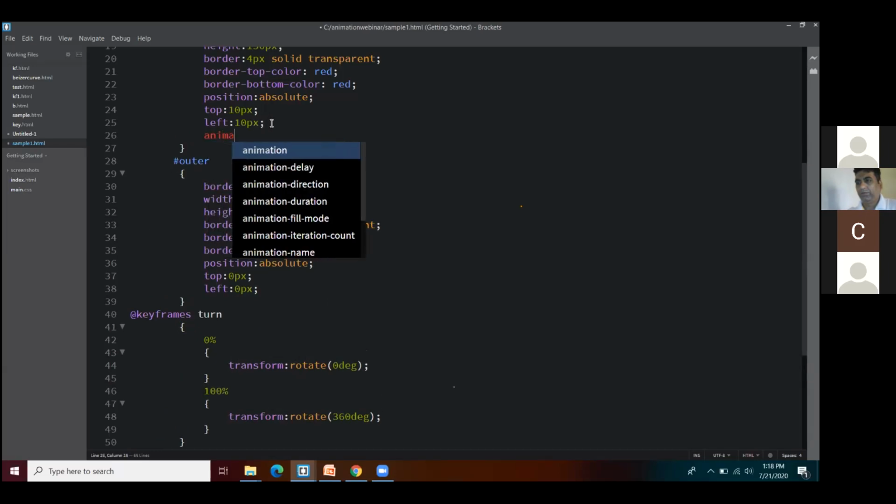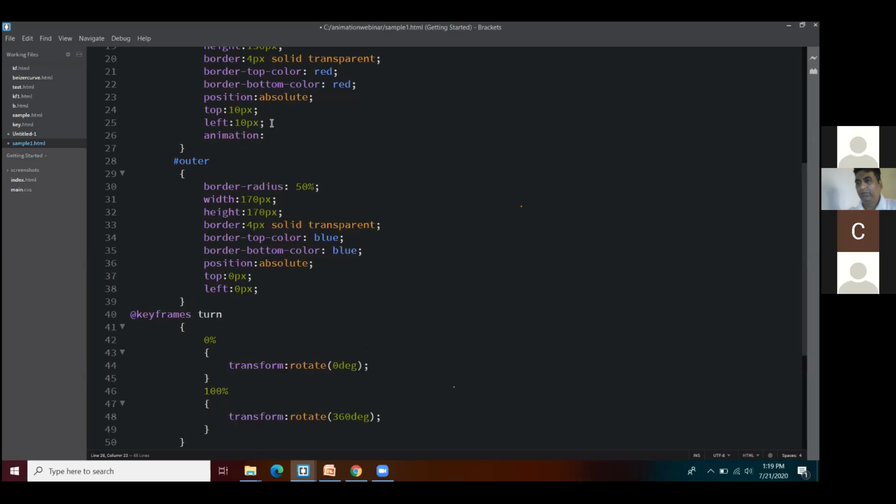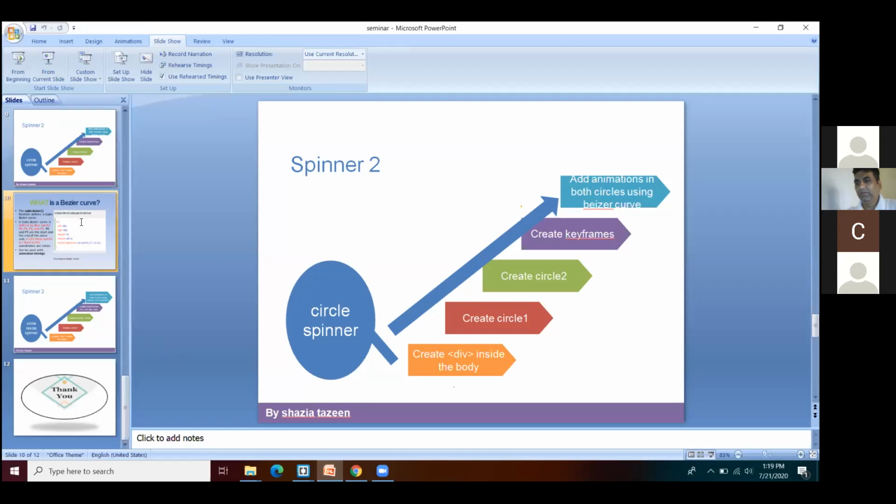Animation: turn. And then for how many seconds, what should be the duration over here? So I'm giving here the duration of 2 seconds, and we do have a function for rotation or for drawing things in computer graphics, that is cubic Bezier. So let me first tell you what actually this Bezier curve is.